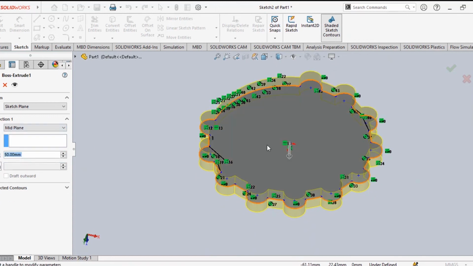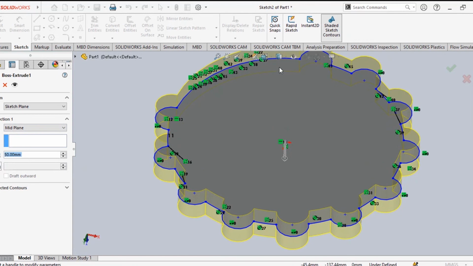Mid plane, that means from the middle it will go up also, down also. Both directions it will move. Mid plane means from the mid one, it will go in the upward direction also, and the downward direction also. So both directions are possible. So these are the options available, right?